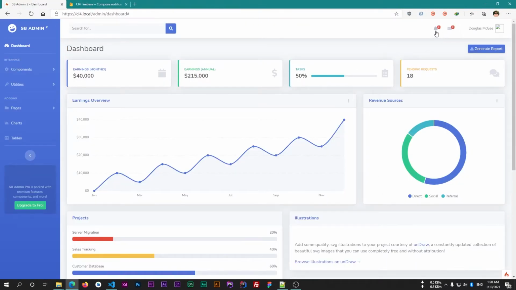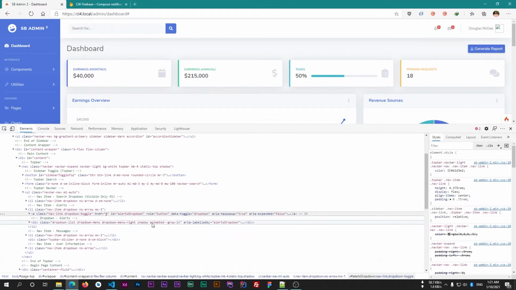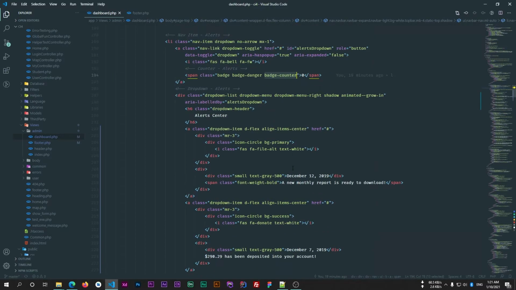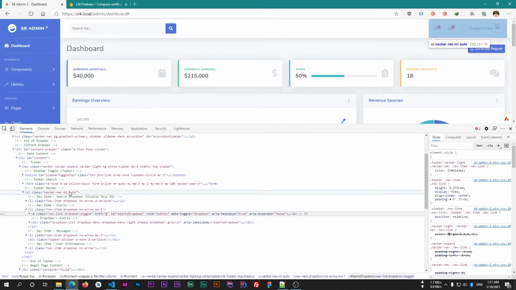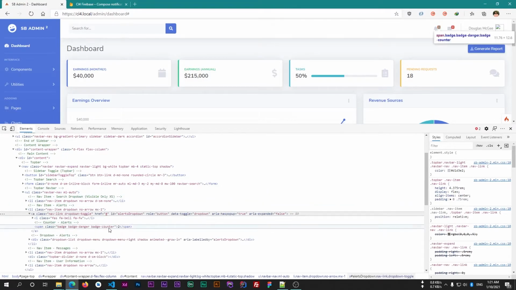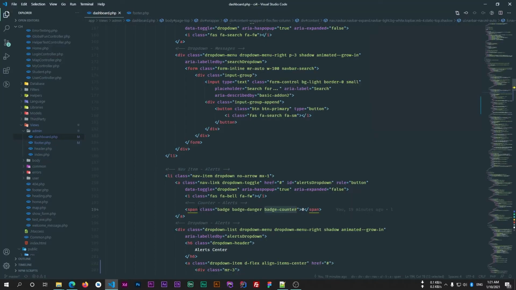Count is again updated, but as you can see the count of mail is also increased because I think both are using the same class. Yes, both of them have the common class, so I'll use ID here and I'll name it notification counter.